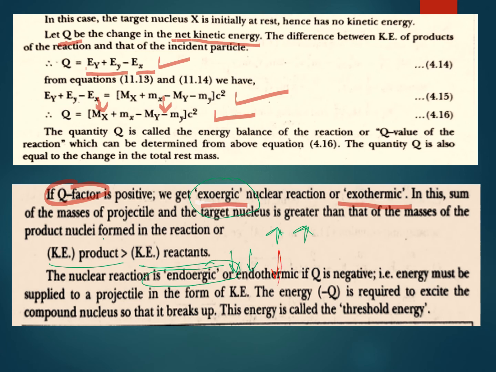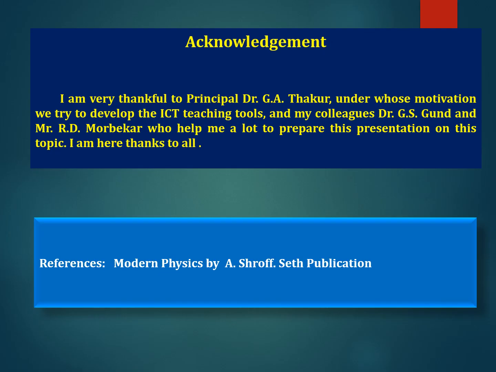The energy minus Q is required to excite the compound nucleus, and that energy is called the threshold energy. Threshold energy means the minimum energy required to start the nuclear reaction. Generally, some reactions start with external triggering, or we have to provide some energy, and that type of energy is called the threshold energy. We require some energy to excite the compound nucleus to break, so that is the threshold energy. Okay, next we consider that